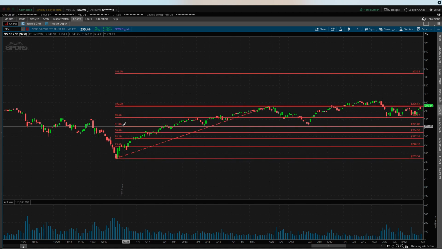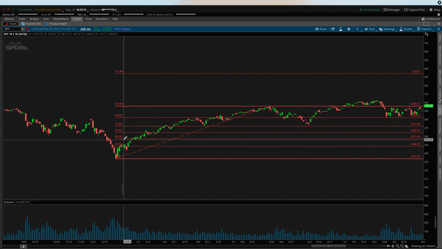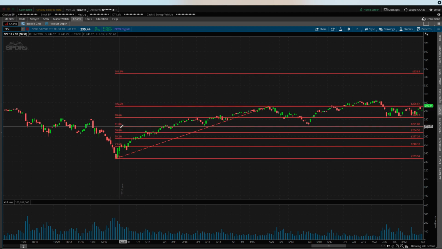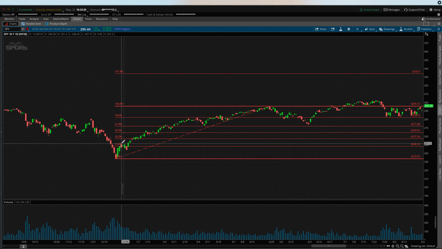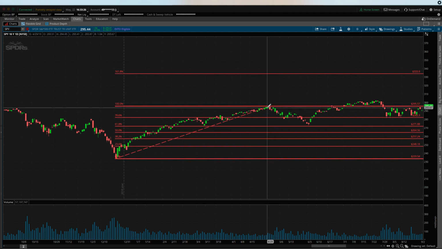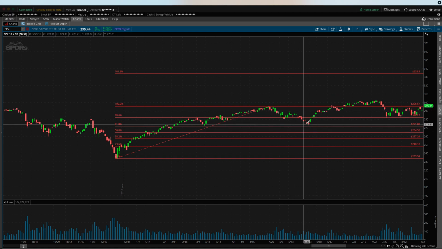Again, your strongest levels will be the 61.8 and the 38.2. These are your two strongest levels when determining a bounce or rejection. So as you can see here, the SPY was uptrending, and if we would have pulled a Fib retracement, we would have had an idea based on the 61.8 level that we would have bounced around here, and that's exactly what happened. Now remember, this doesn't always happen, and it shouldn't be used solely as your only trading indicator, but